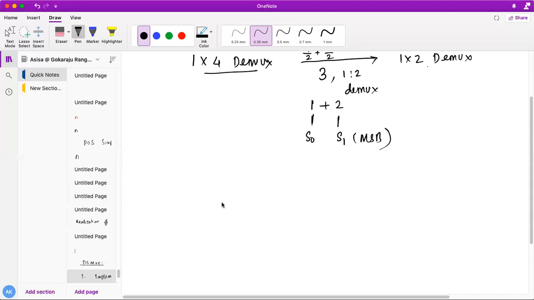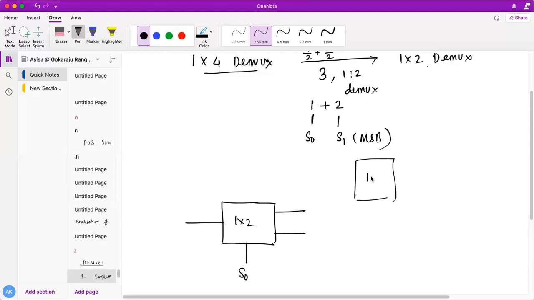As I have 3 demuxes, it will be 1:2 demux here. So 1:2 means 2 outputs, 1 single input, and here it will be connected to S0. And the remaining 2 demuxes, 1:2 and another 1:2, will be connected to my S1 and S1. Okay, so their MSB is connected to this one, and my LSB will be connected to S0.